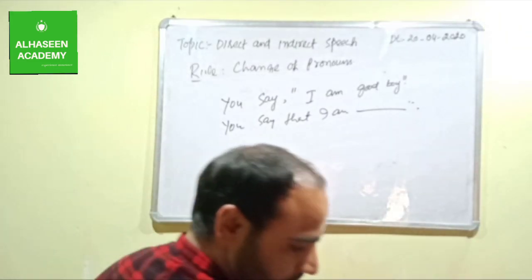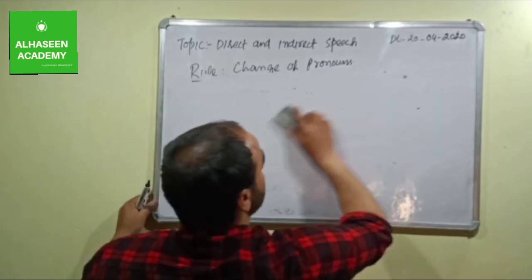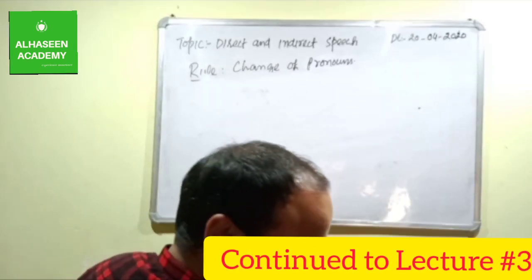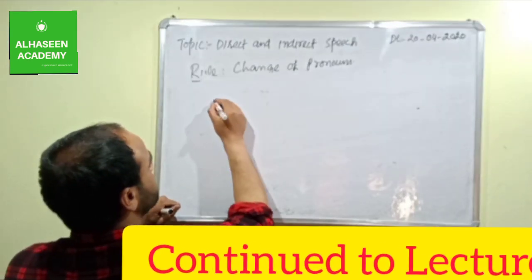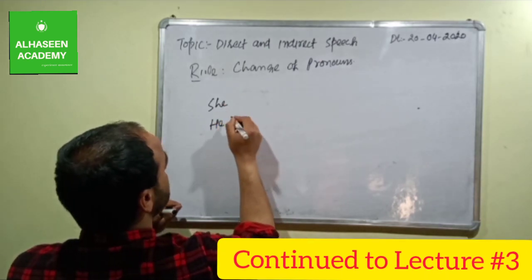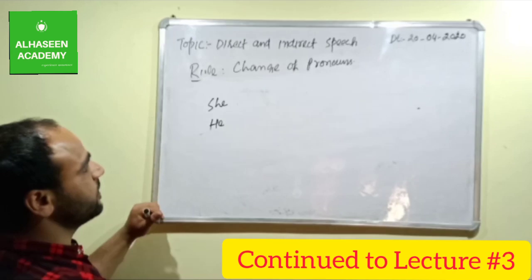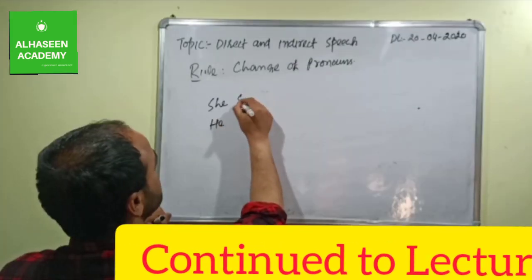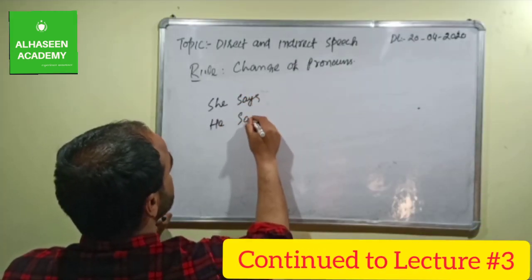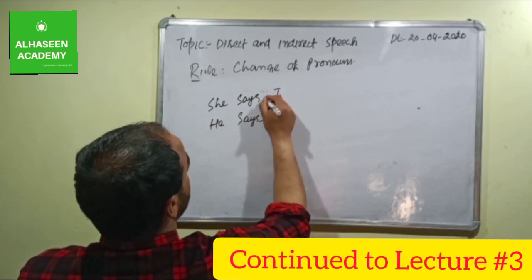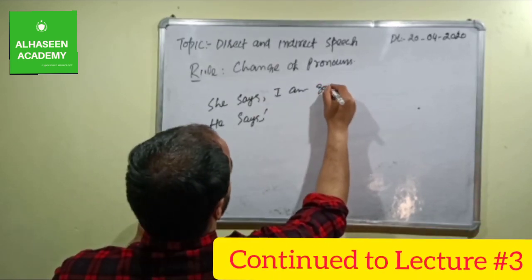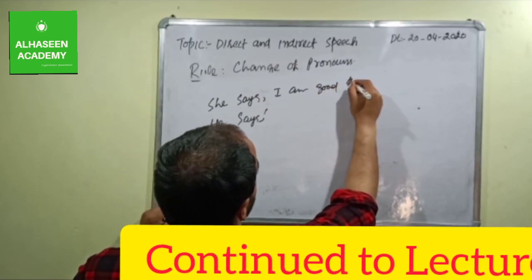Okay, now we will quickly go towards the third person. How are we going to change the third person? Say for example, for the third person, mostly we use only two pronouns. We have other pronouns also, but mostly we use only these two. She says, he says, I am a good boy. Same example, but we have